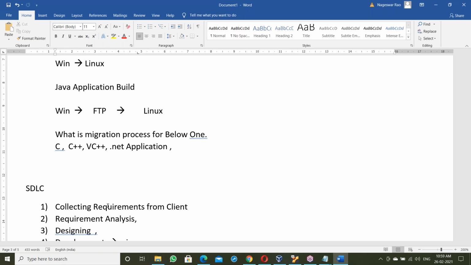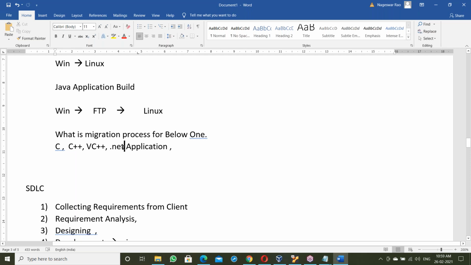By the year 2004, JDK 1.5 was released with many features. With those features, Java got its success, and many clients started migrating to Java. The previous applications before 2005 were developed in VC++, .NET, SAP ERP, and Oracle ERP.